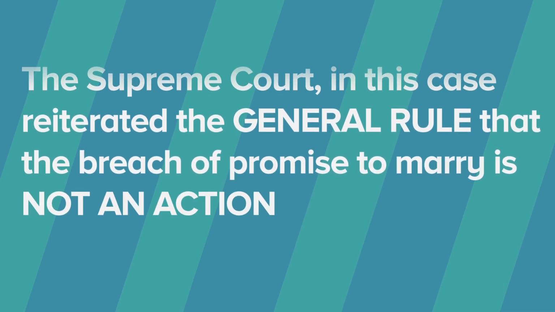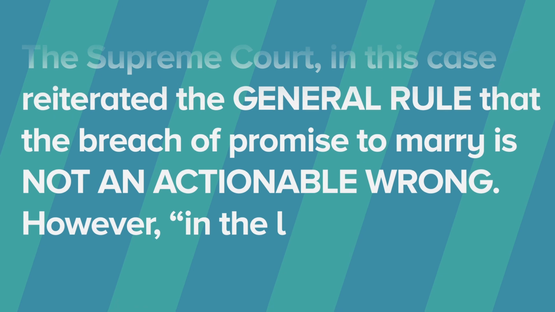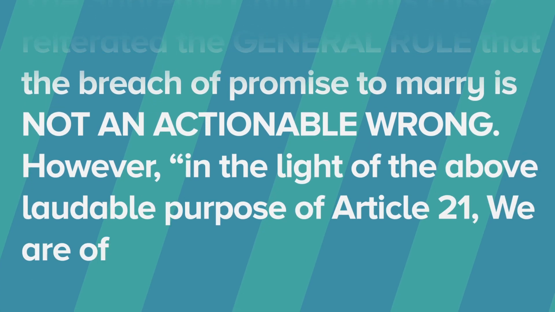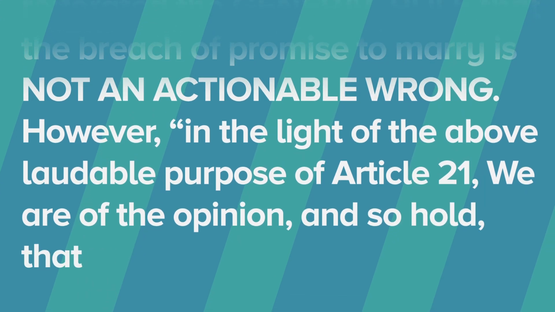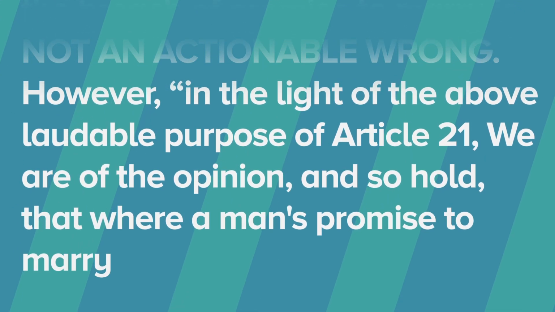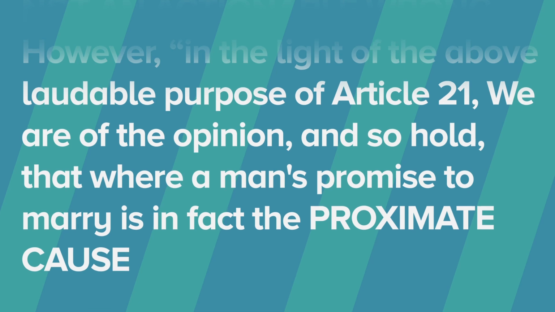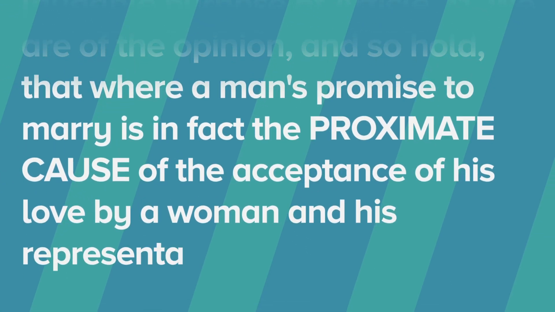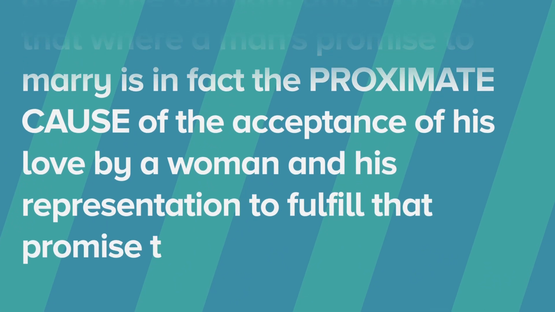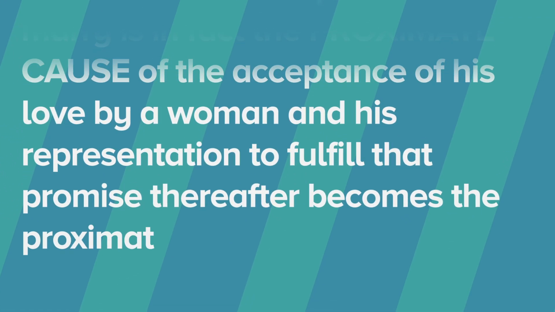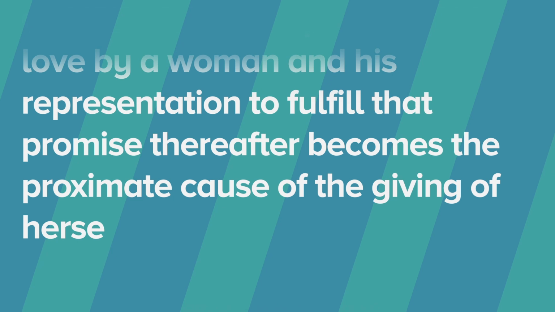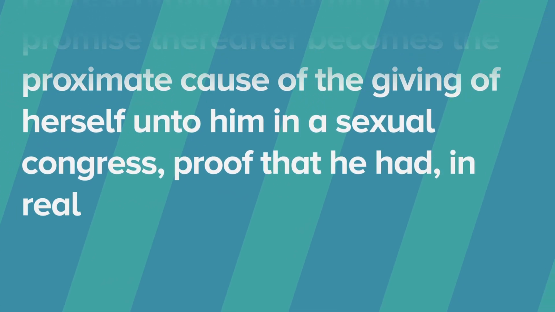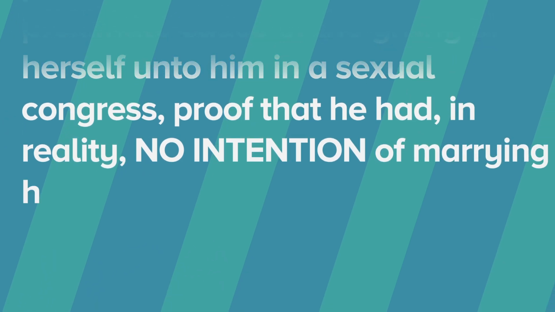actionable wrong. However, in the light of the above laudable purpose of Article 21, we are of the opinion and so hold that where a man's promise to marry is in fact the proximate cause of the acceptance of his love by a woman and his representation to fulfill that promise thereafter becomes the proximate cause of the giving of herself unto him in a sexual congress, proof that he had in reality no intention of marrying her and that